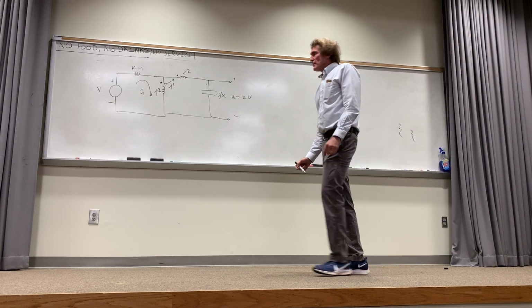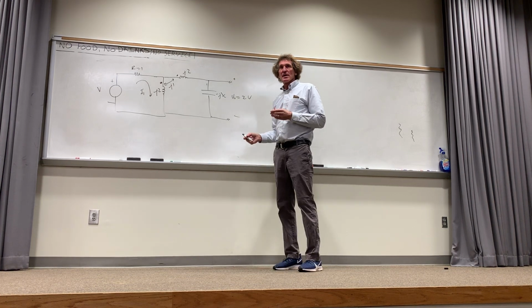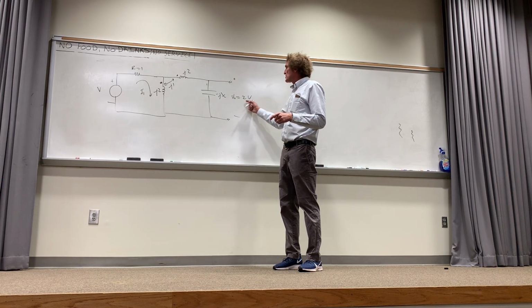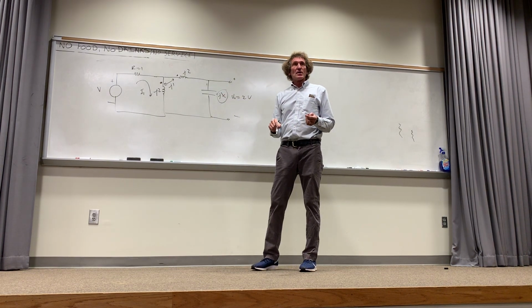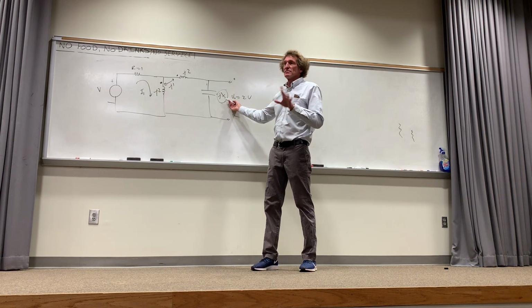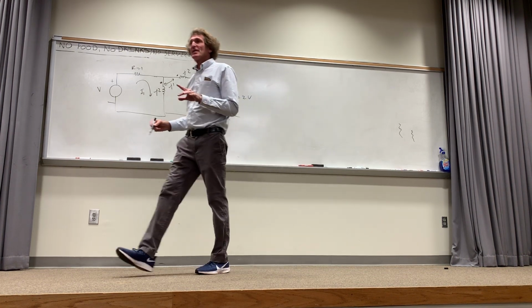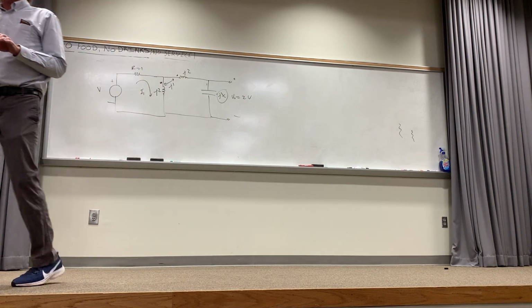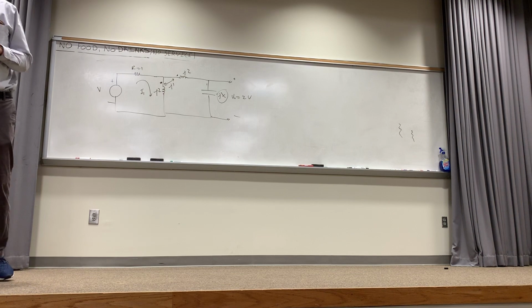They gave you a source voltage of V. They didn't say what it was. Then they say the output voltage here is 2V. That's the condition. But 2V is caused by this, right? The last thing you worry about is this. Don't worry about it. So what we're going to do when we write the equations, we're going to write them in terms of V. But I'm going to tell you the real trick, so you don't have to worry about some symbolic matrix manipulation.